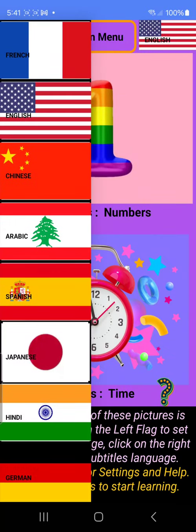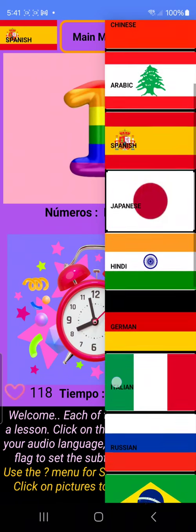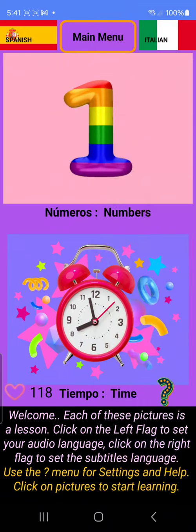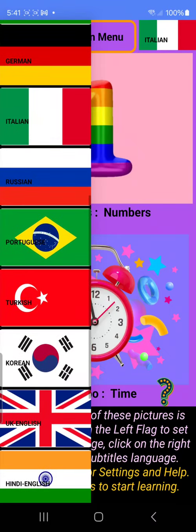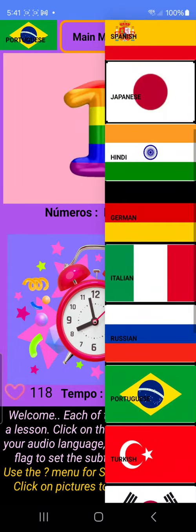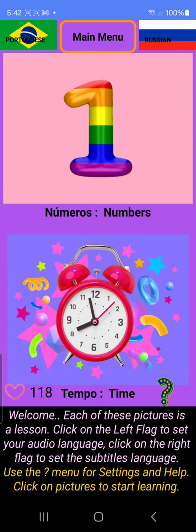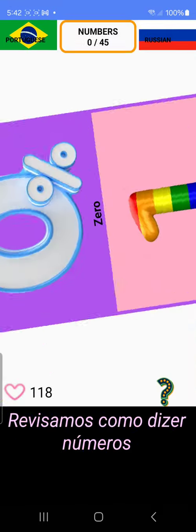The way the app works is that you click on a picture. It tells you what the word below the picture is in the chosen language, left flag, followed by a sentence, and will display that information on the bottom of the screen. You will also hear the translation of the word and the picture. The language is as set by the right flag. Números. Note that if you click the text box at the bottom after the text is displayed, the sentence will